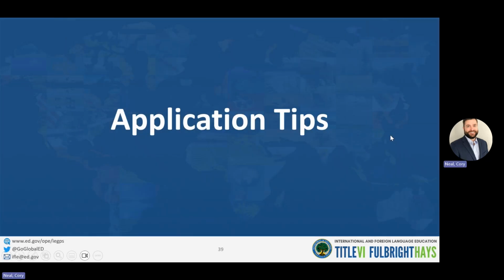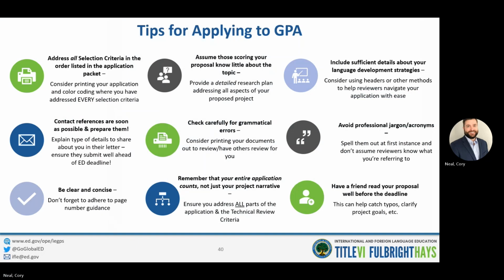All right, application tips. There's a bunch. One of the big ones is be detailed. It's not on here, but I've said it a million times, and it is the one piece that I see every year that separates the successful applicants from the unsuccessful applicants, and it's the attention to detail. The second being, make sure you address all selection criteria, and I recommend that you do so in the order that is listed in the application package. Makes it very easy for readers to find the information rather than have them hunt around for the information.